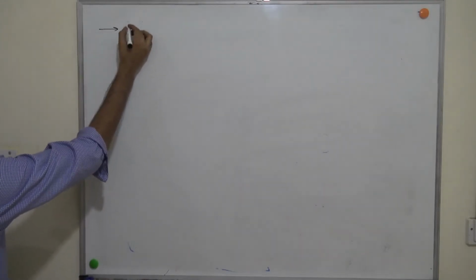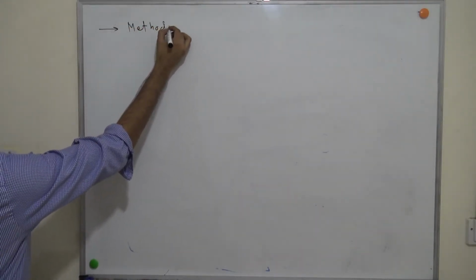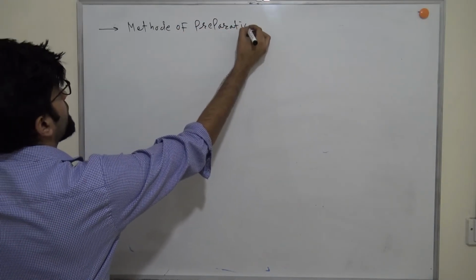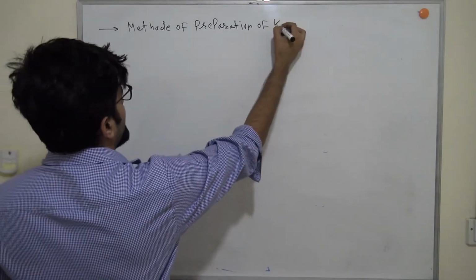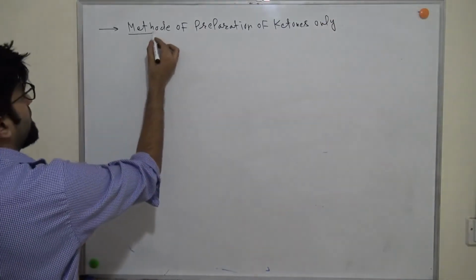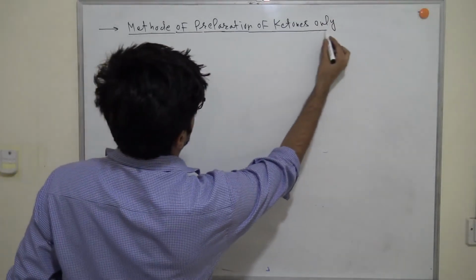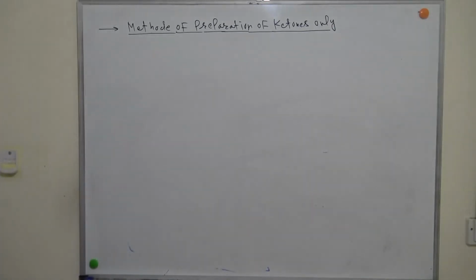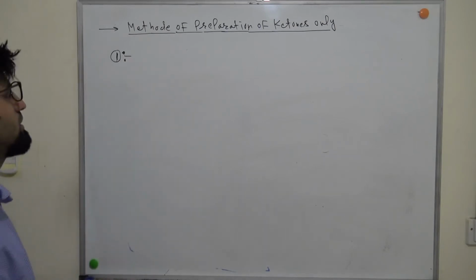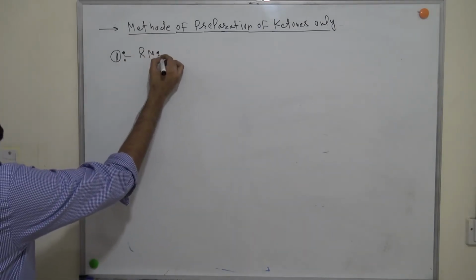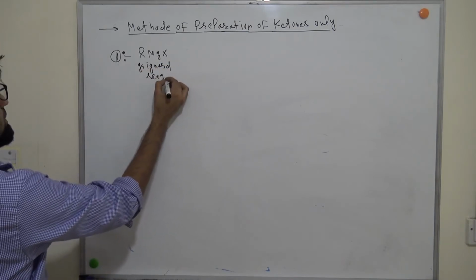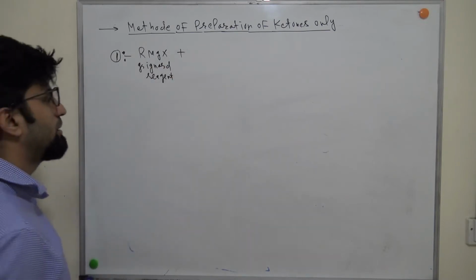So the next is methods of preparation of ketones only. Okay. So first of all, this method. Suppose this is your Grignard reagent, RMgX. This is the Grignard reagent. Okay, so we will do its reaction with